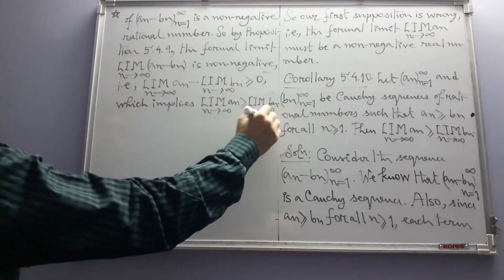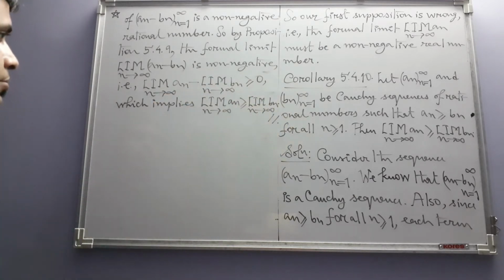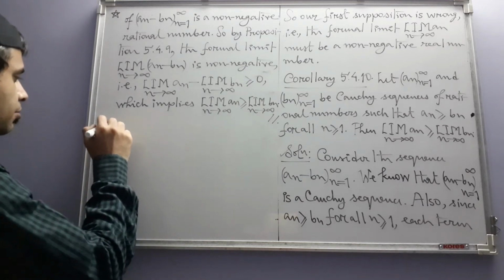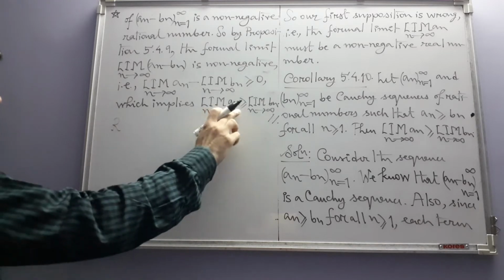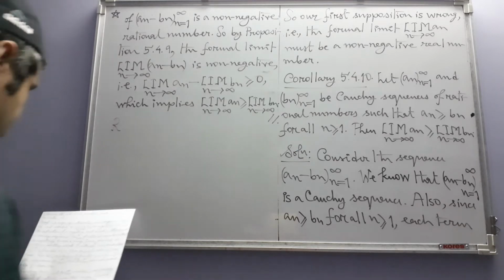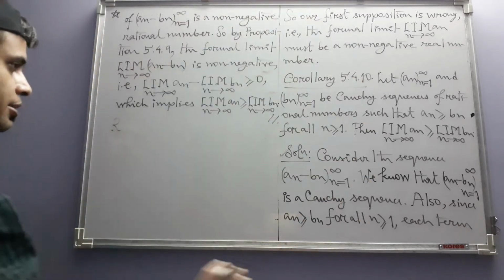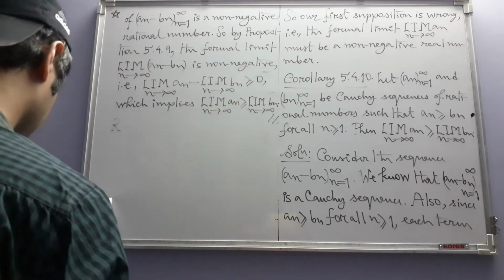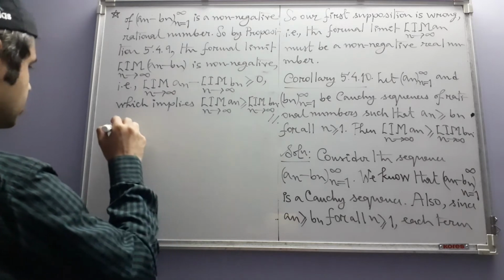So this completes the proof of the corollary. And there is a remark after this about this greater than or equal to sign. In its place, if we have a strictly greater than sign, then the result is not necessarily true. I mean, the result is of course true, but because we make that change, things will not work out. Remark